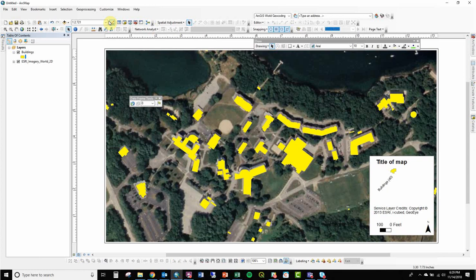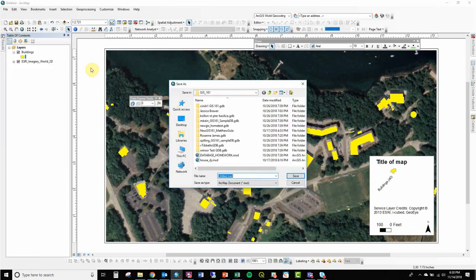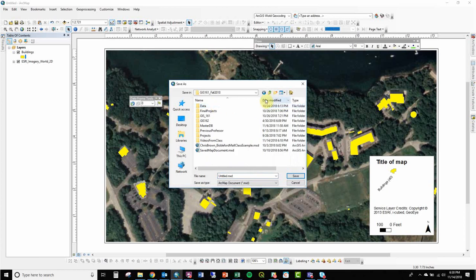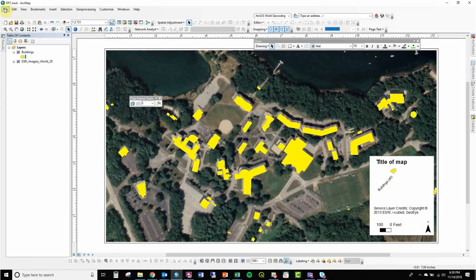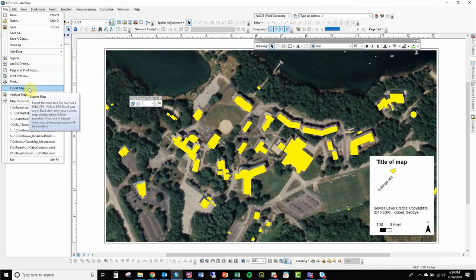So now we're going to put it in PowerPoint, right? And we've already done most of what we had to do to get it in PowerPoint. We made it the exact right size. So all we got to do is export that and then put it in PowerPoint. So I'm going to do File. First of all, I'm just going to save this so I don't lose it. Okay, and then I'm just going to go File, and right near where I did page and print setup, I'm going to do Export Map,